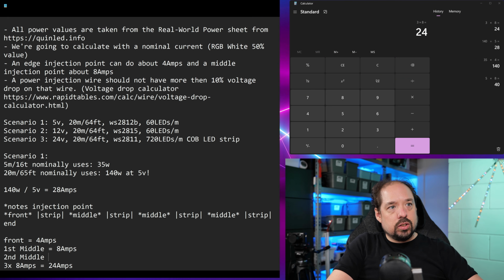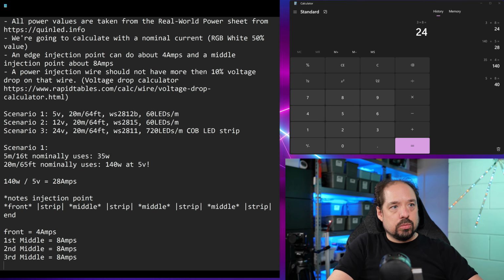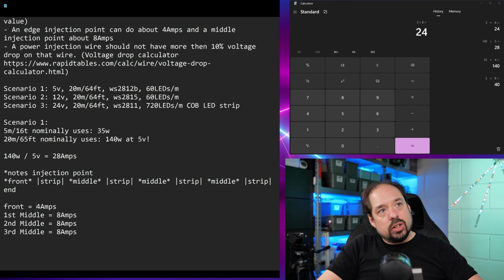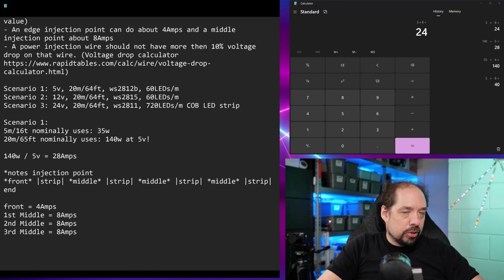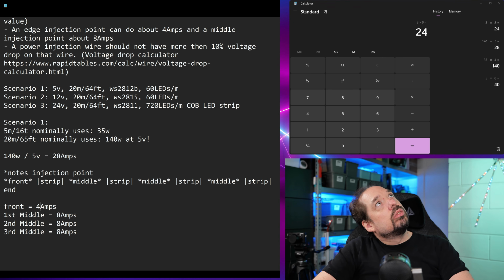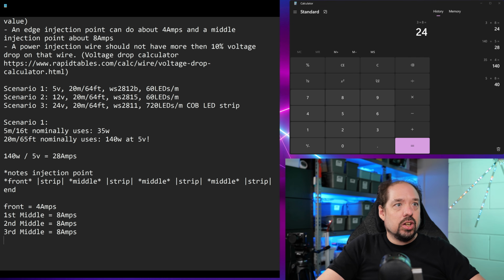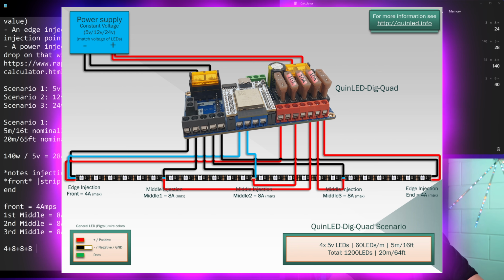The second middle is also 8 amps, and the third middle is also 8 amps, right? Now this generally is probably, maybe it'll take a little bit less from the front. Would it? Yeah, no, it's 4 amps on both sides. That actually makes sense. No, this works. So this is 4 plus 8 plus 8 plus 8 is,